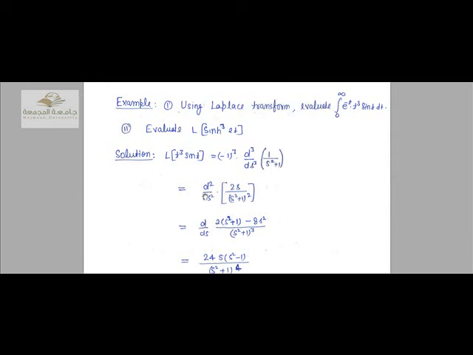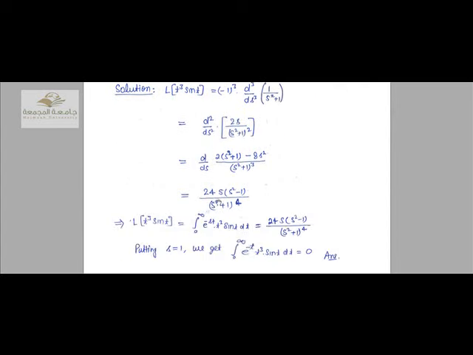This is equal to d square over ds square of 2s over s square plus 1 whole square, which is equal to d over ds of 2 into s square plus 1 minus s square into 8 over s square plus 1 whole cube. This is equal to 24s into s square minus 1 over s square plus 1 to the power 4. Now this implies L of t cube sine t is equal to the integral from 0 to infinity of e to the power minus st